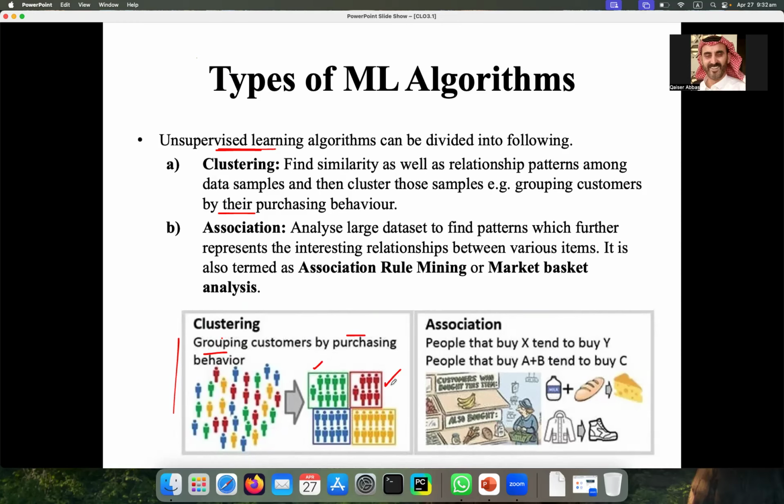These are the customers who are buying only mobile phones and computers. And then you have another category. So behaviors can be different. Based on these behaviors, you are identifying these groups from the data.